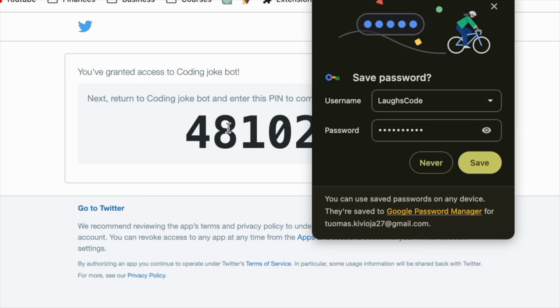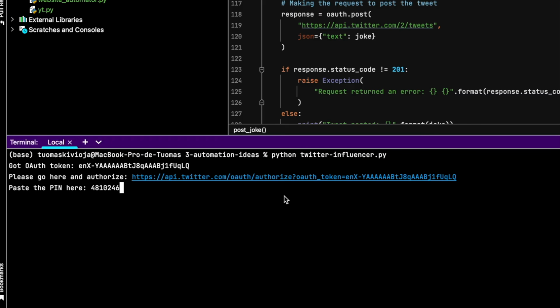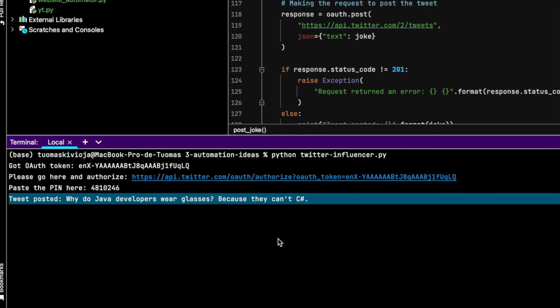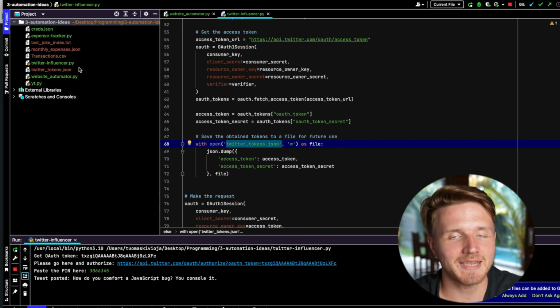After you do that, you're going to get this pin right here, which you're going to copy and paste over here where it says paste the pin here. That is going to associate that Twitter account with this particular Twitter bot. Now, what we're doing here is creating this file called twitter_tokens.json that is going to simply save some of these